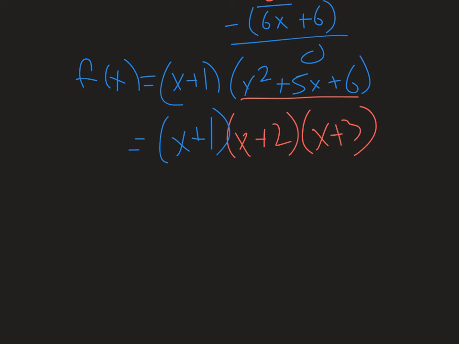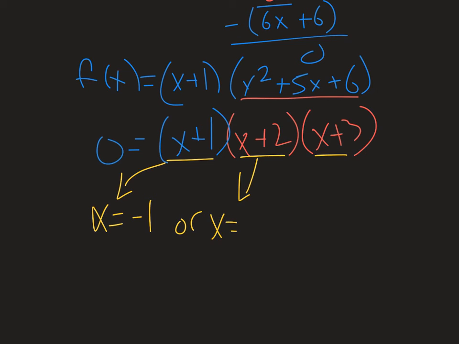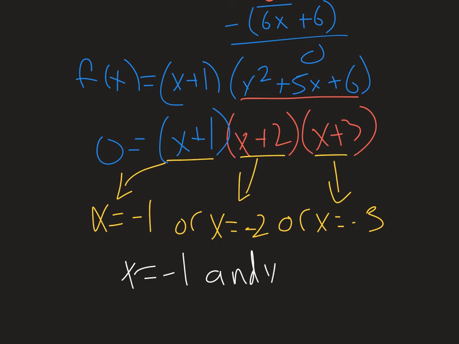Now, if we're looking for zeros, so when f of x is 0, we can then use the zero product rule. One of these three things must be equal to 0. That much hasn't changed. So this would tell me either x equal negative 1, x equal negative 2, or x equal negative 3. Now, since we're talking about roots and x-intercepts, we can say I have roots where x equals negative 1, negative 2, and